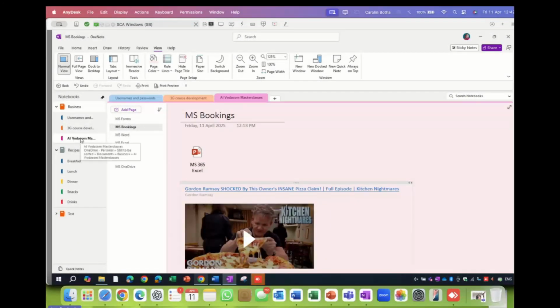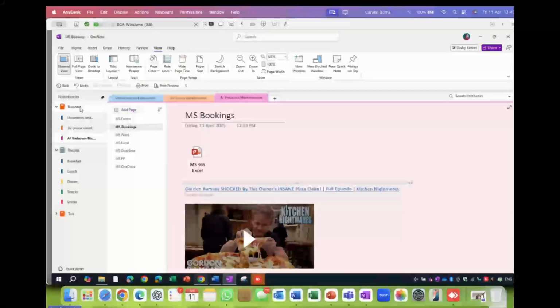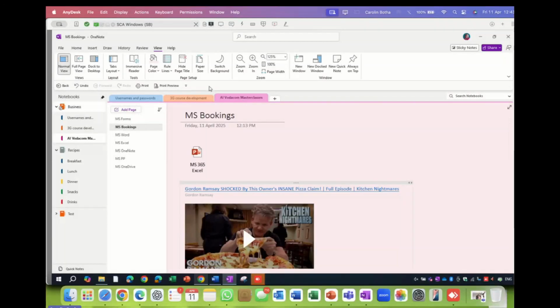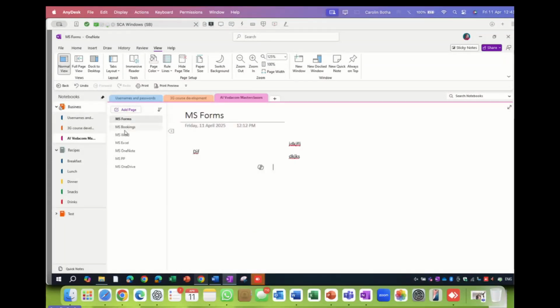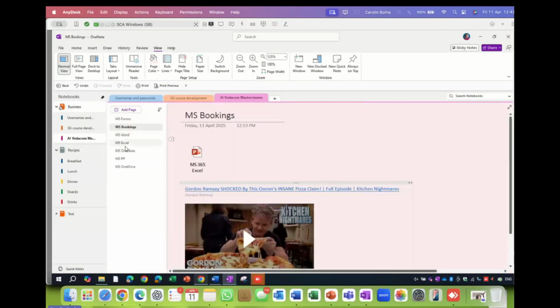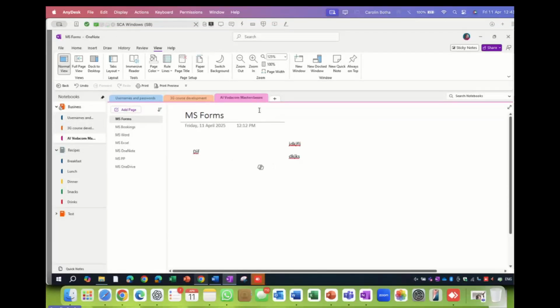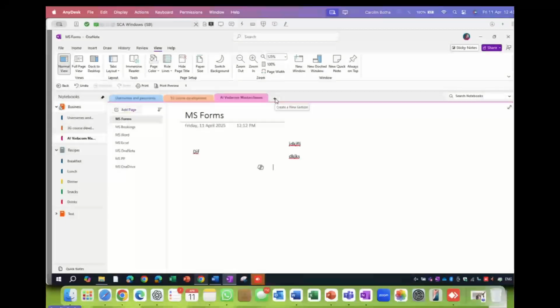So this is your section, and oh, this is your notebook. Sorry, I was just for a moment there confused. This is your OneNote business. Within it, you have these three sections. And in the section, actually, I might like this a little bit more. Yeah, I might like that more. But you still have it over here and you have it here as well. That's maybe a pretty good idea. Click on the plus and you have another section.